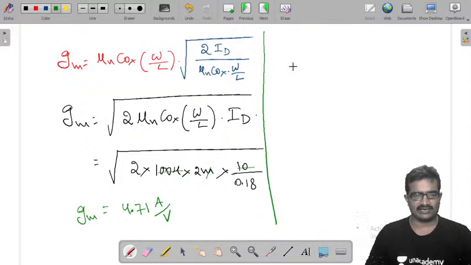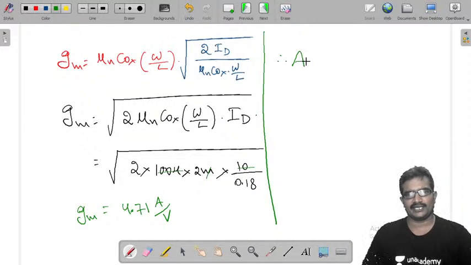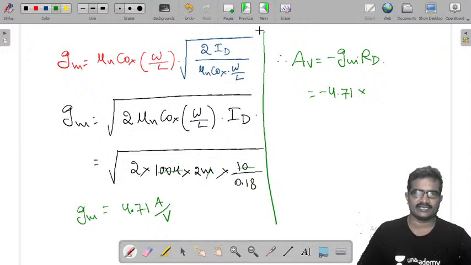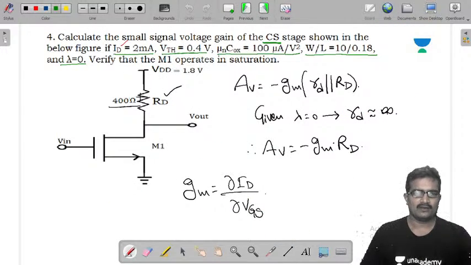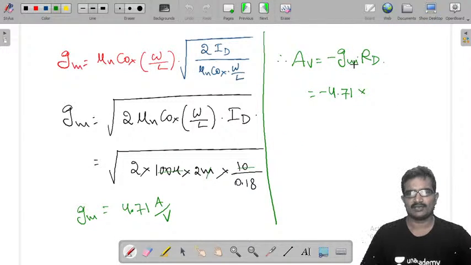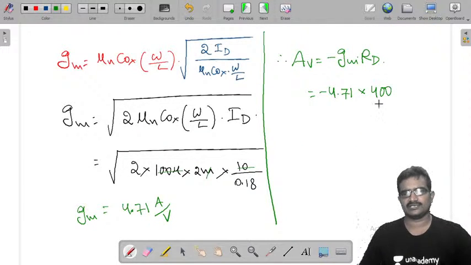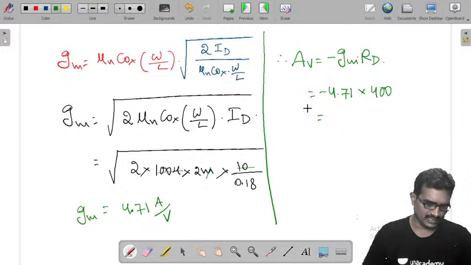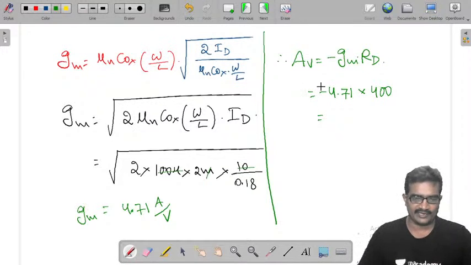Now just calculate the voltage gain. Therefore voltage gain AV is minus gm into capital RD. Therefore minus 4.71 into RD value. So what is the RD value they given? 400 ohms. That's it. Now into 400, that is 1885.6. Just